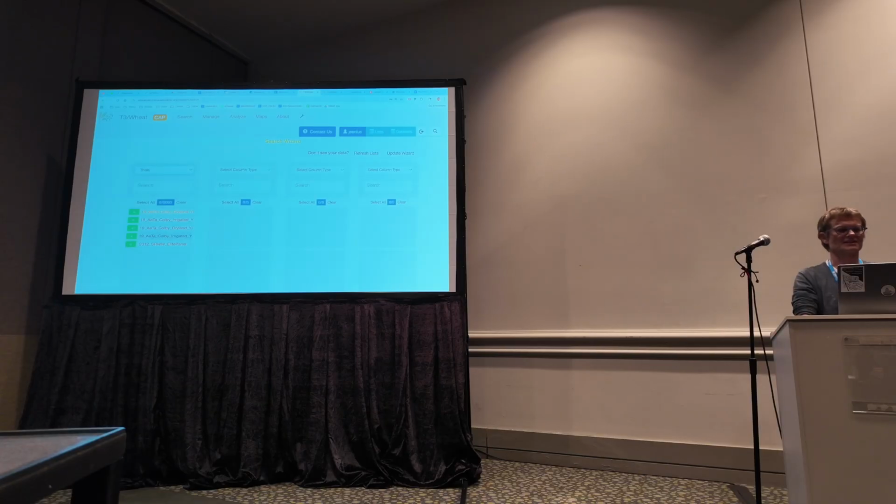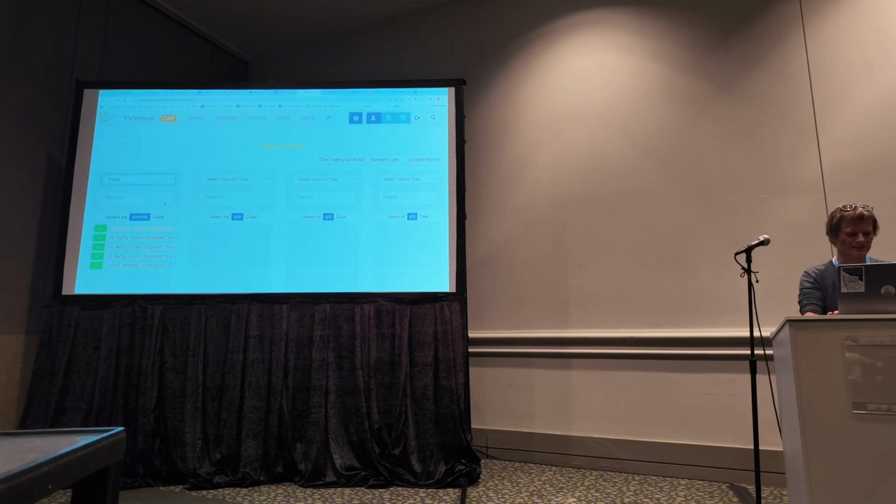Okay, so in the WheatCAP instance, if you select trials in your first column here, it looks like there are 8,000 trials on the WheatCAP instance of T3.